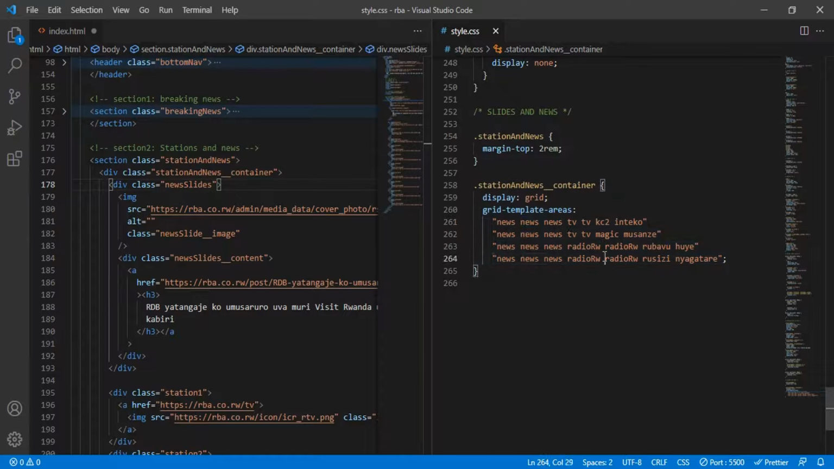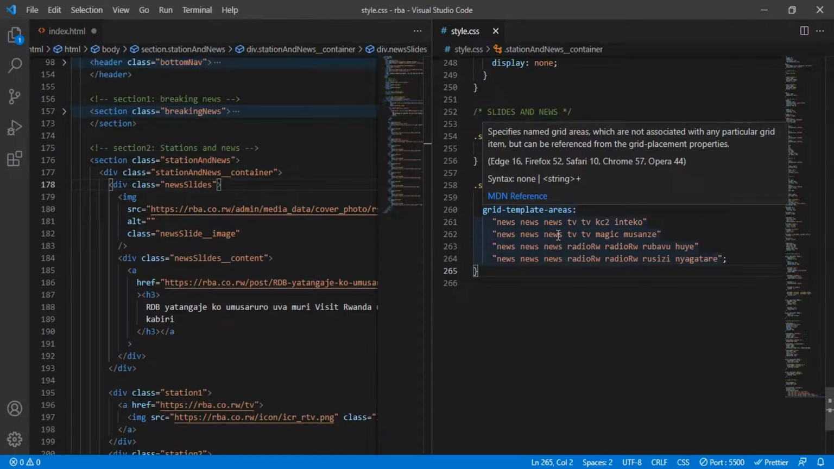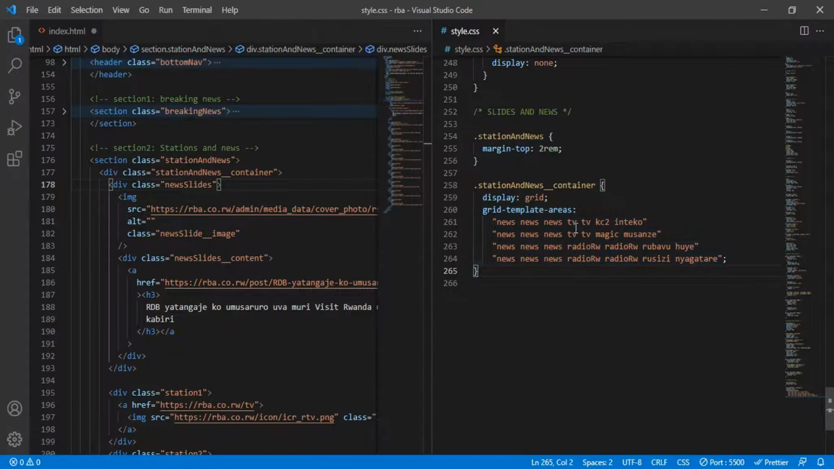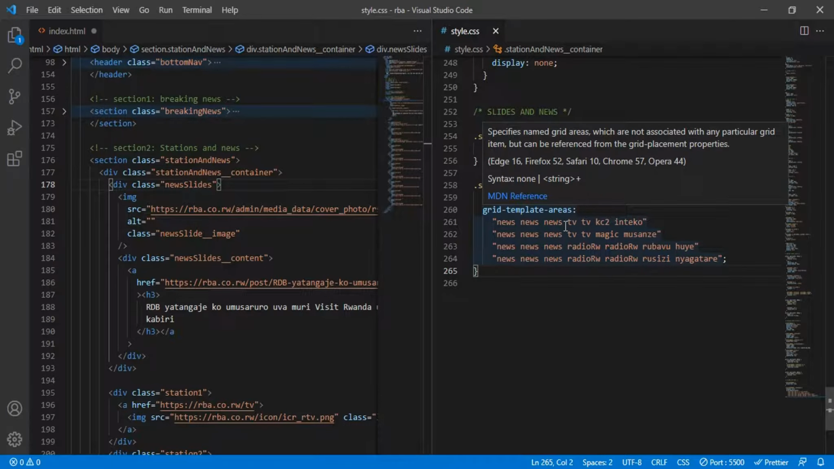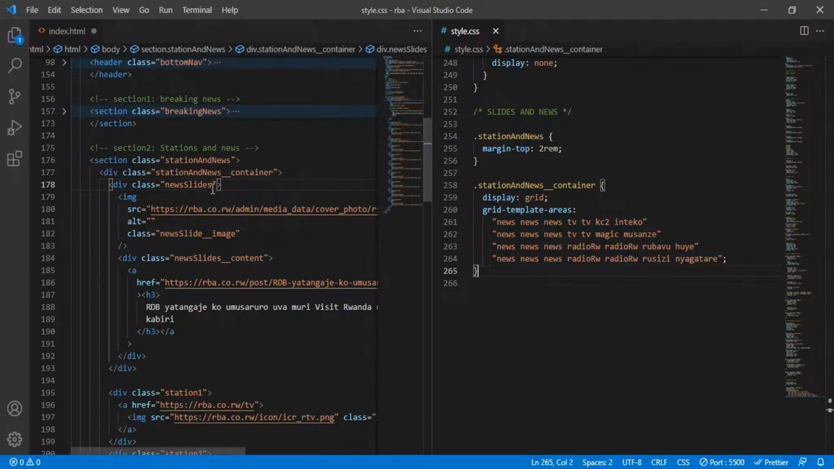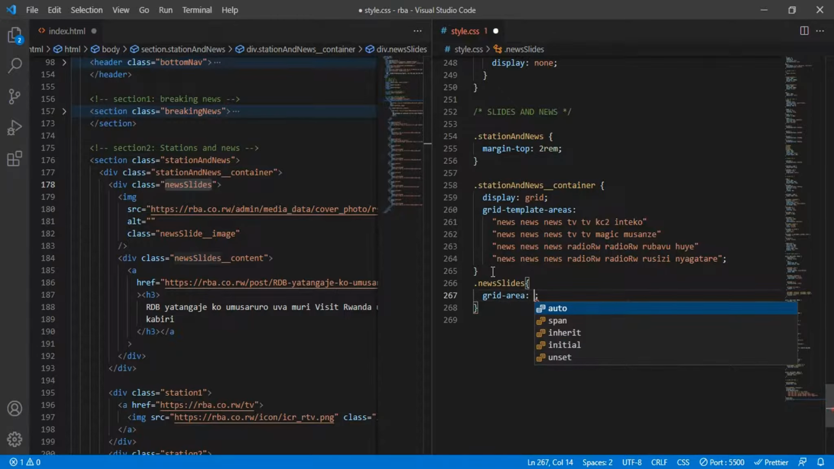So next we want to apply this grid. We want the grid items to depend on these grid areas we specified. The first is the grid news slide, the first grid item. We want the first grid item to take an area in the grid container. We want it to take the area of news,